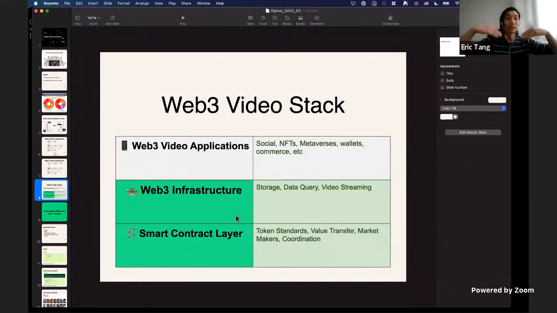And then on top of that, we have Web3 video applications, whether it's social or NFT applications, metaverses, we have wallets, commerce applications, et cetera. So these are just high-level concepts of building applications in the Web3 space, especially around video or social.